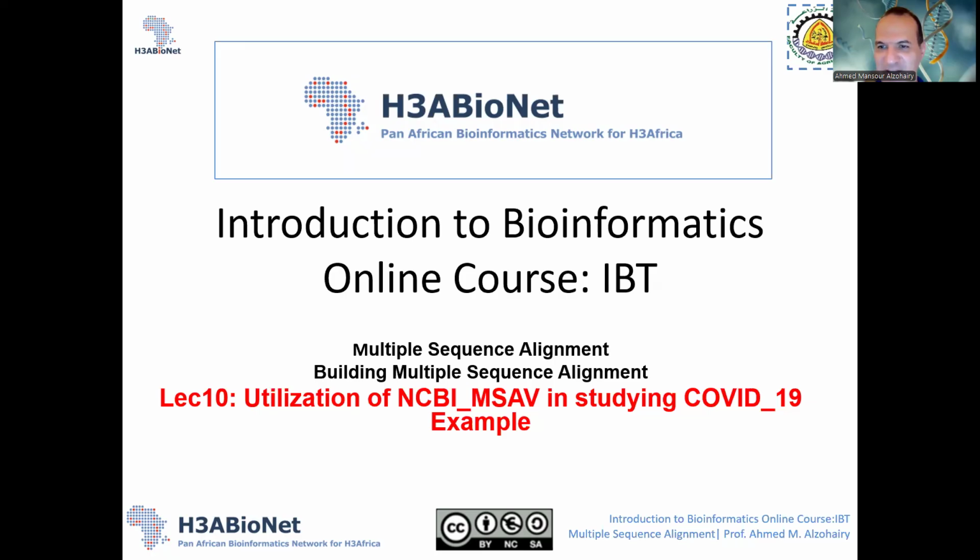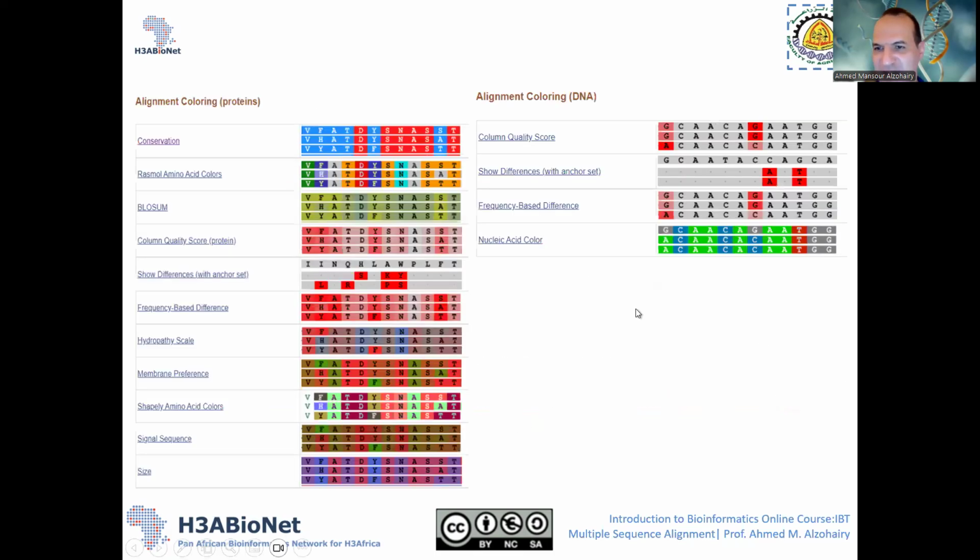Finally, we come to the last lecture in session one about utilization of NCBI MSAV in studying COVID-19. This is an example, and you can use the steps we are going to use here for any study in your research. Let me first remind you that there are many coloring schemes for DNA and many coloring schemes for protein in MSAV. So you can use whatever you want based on the purpose of the research,